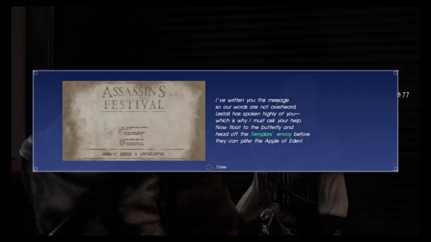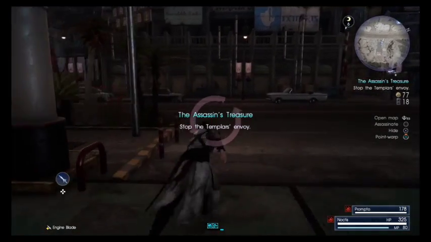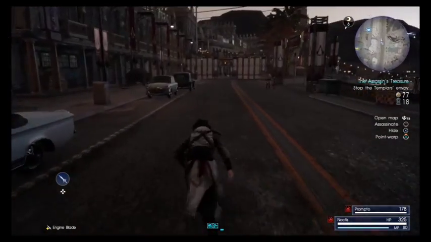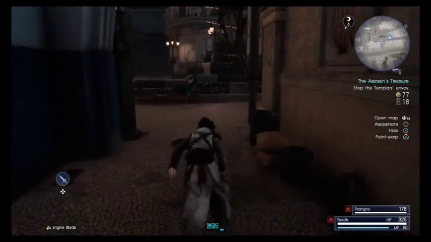So, we now get a slip of paper which says, I've written you this message so our words are not overheard. Lestallum has spoken highly of you, which is why I must ask your help. Now float to the butterfly and head off the Templar's envoy before they can pilfer the Apple of Eden. So the Apple of Eden is obviously an item from the Assassin's Creed games. The Assassins and Templars have this great conflict over the pieces of Eden